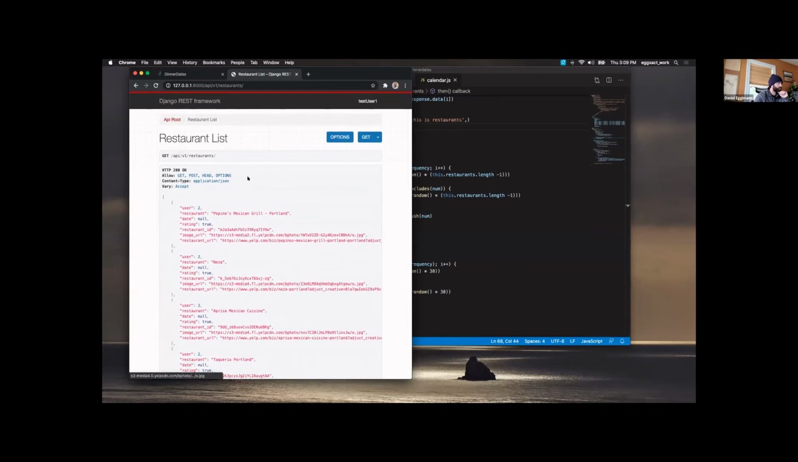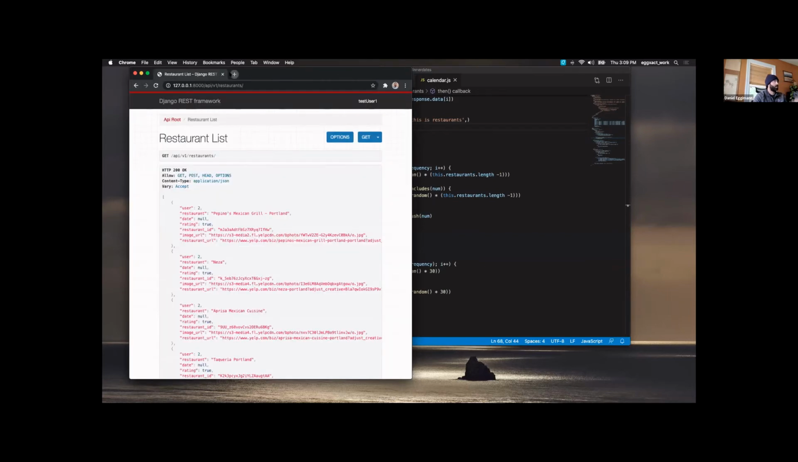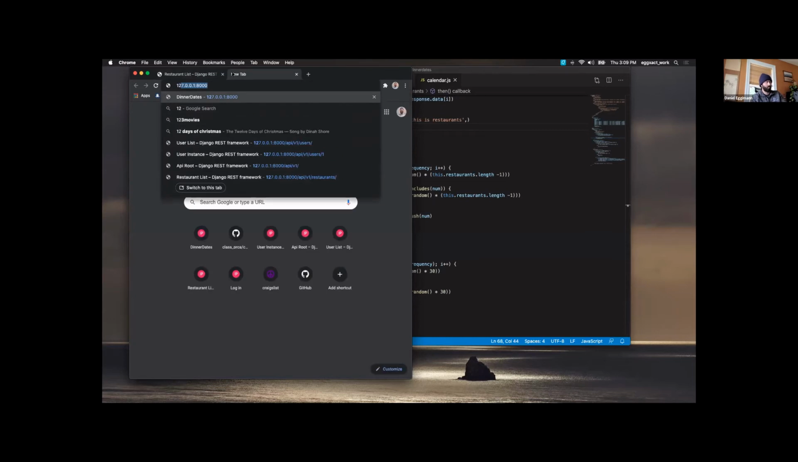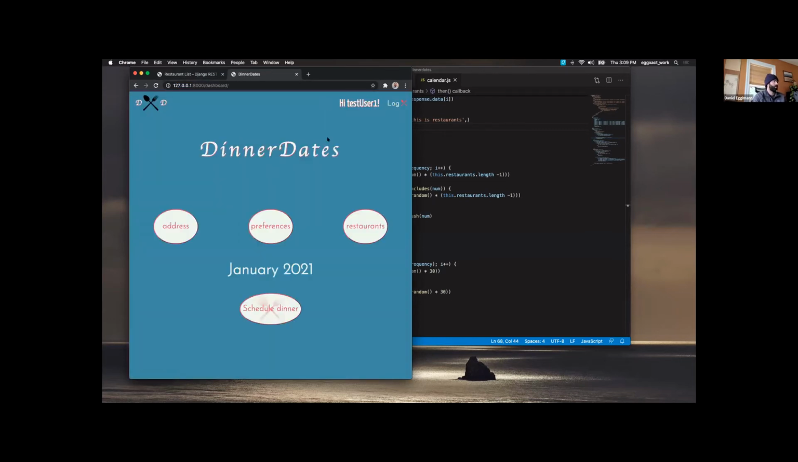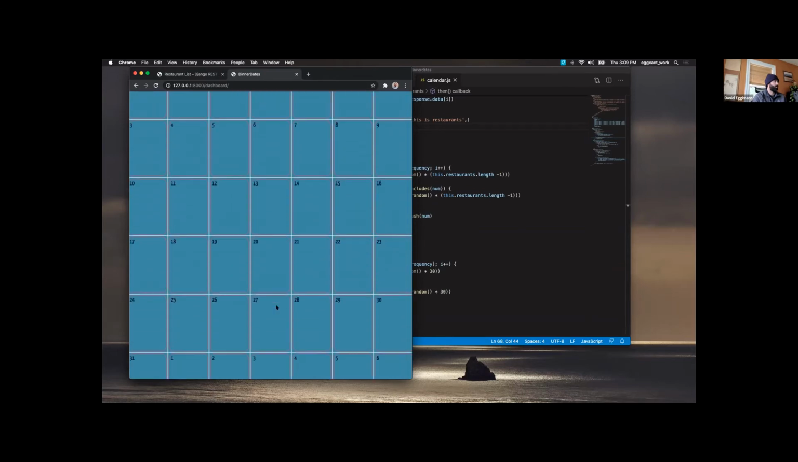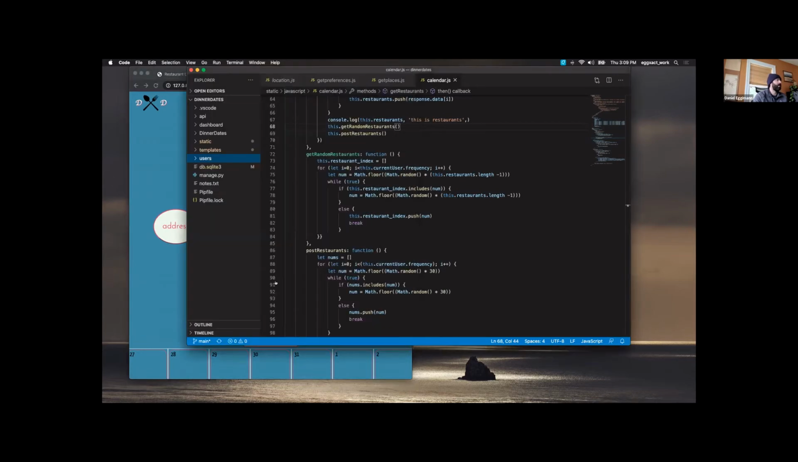I'm not sure why this is freezing. Let's go back in there. Well, I'll show you guys a different user then, if I can get this. I don't know why it's happening like that. Anyways,